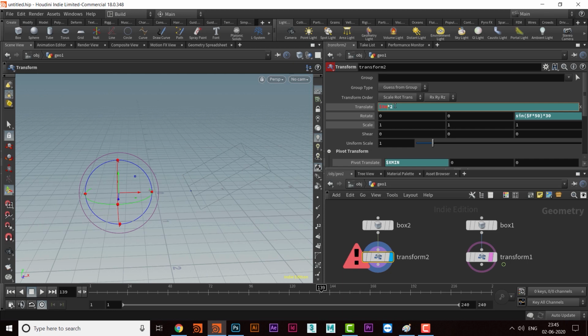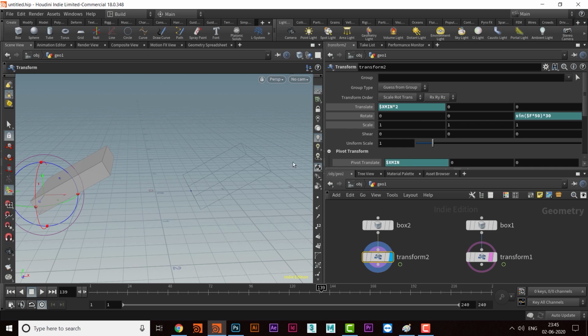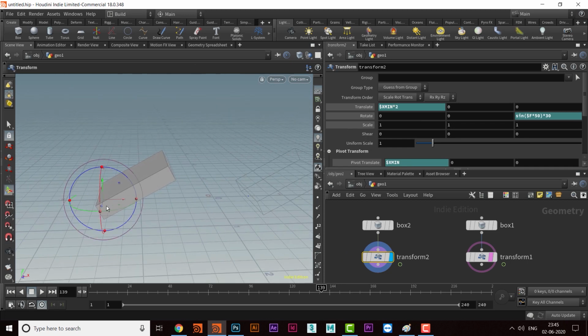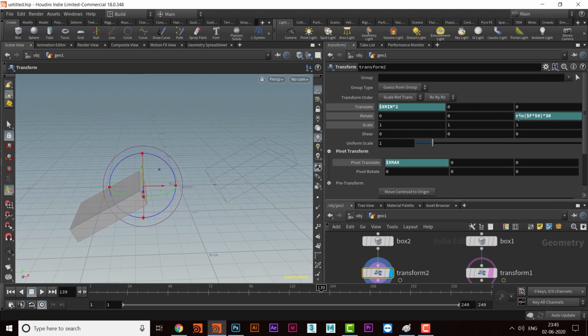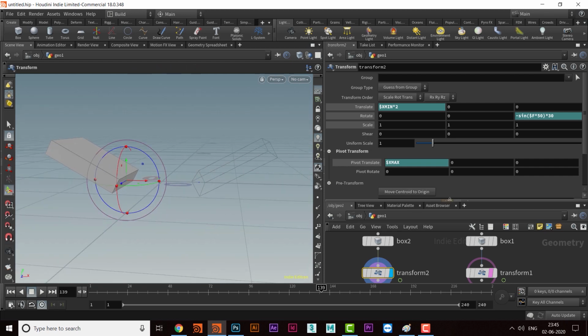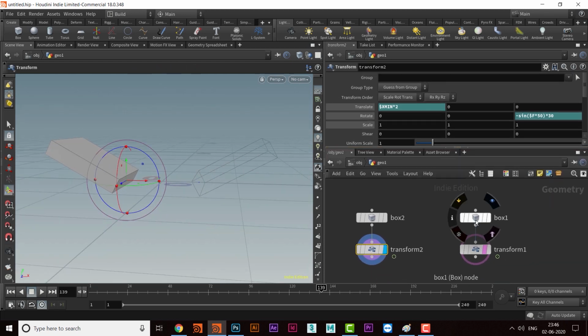Sorry, x minimum. Okay, but I'll move this pivot point here, that is maximum. You can also take a new box and start working on that. Then I will go to this one and make it negative, like that. Okay, fine.